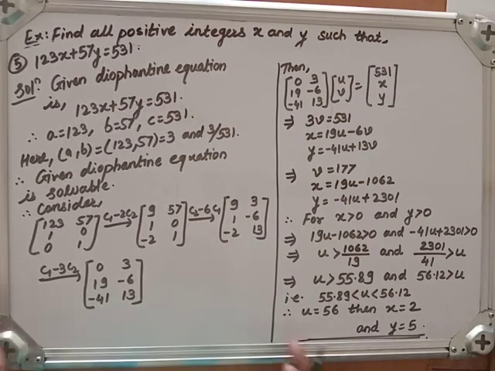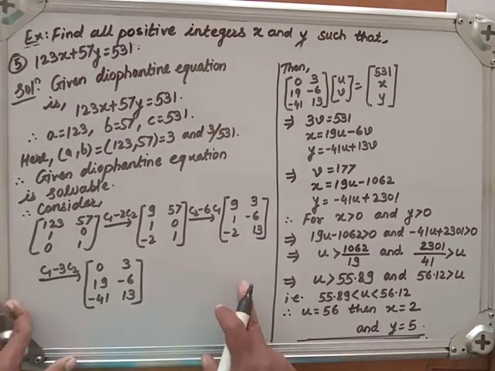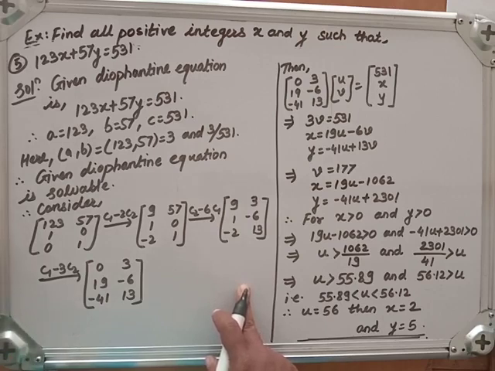So as such, we can find the positive integers which satisfy the given Diophantine equation. In the previous question also we had solved such a kind of example. Now in the next video we will see some word problems which can be reduced into Diophantine equations and which can be solved using the same pattern. Okay, thank you.